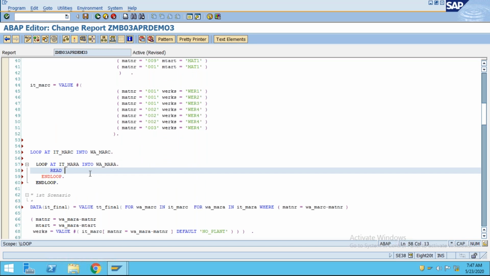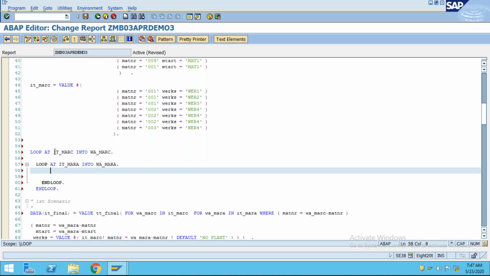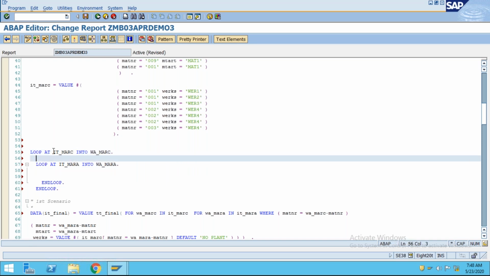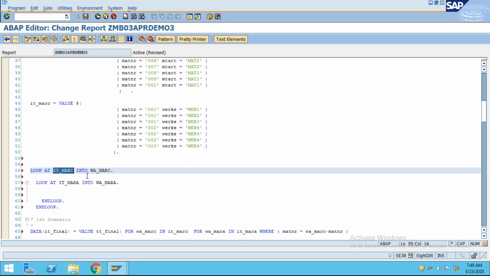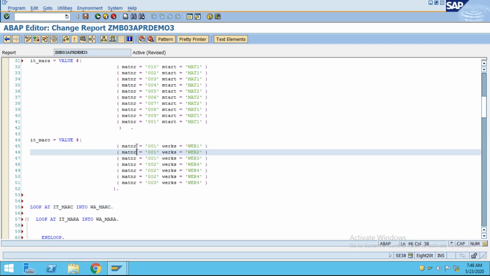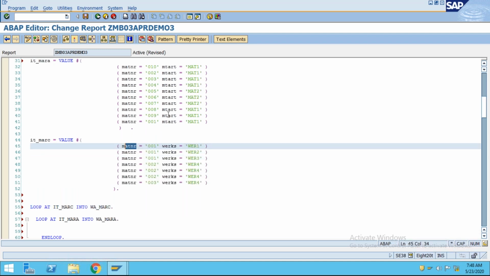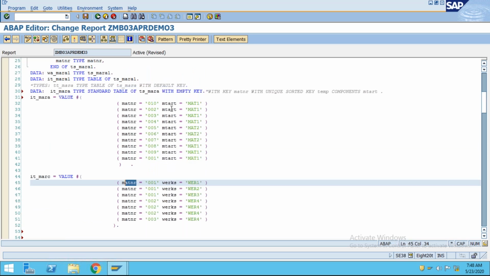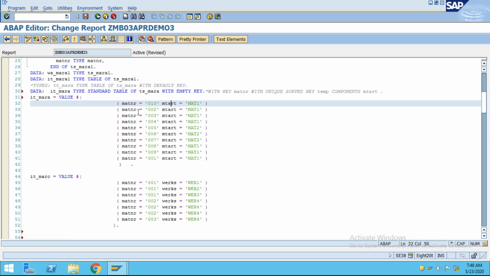First thing I will do is a for each loop for it_marcy, right? For it_marcy, I'm trying to get this for one material if there are multiple entries there. Let me create some data where one material number is having a different material type. So here you can see the material type, the data is in such a way